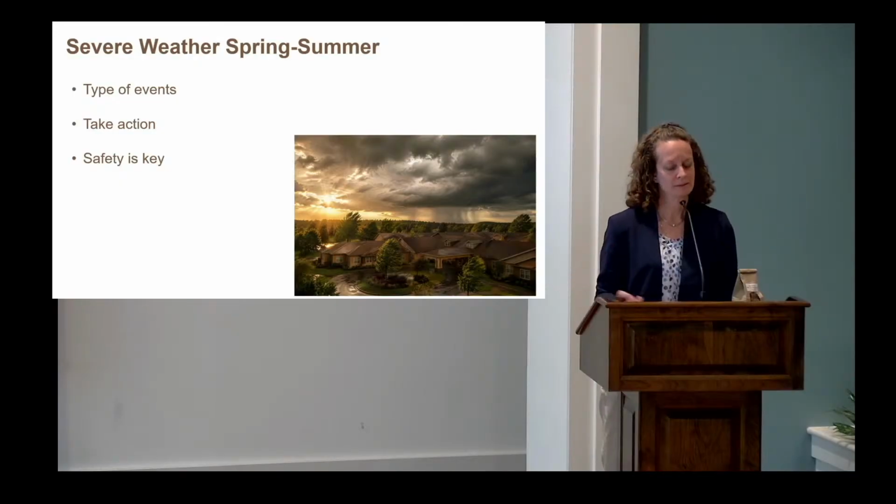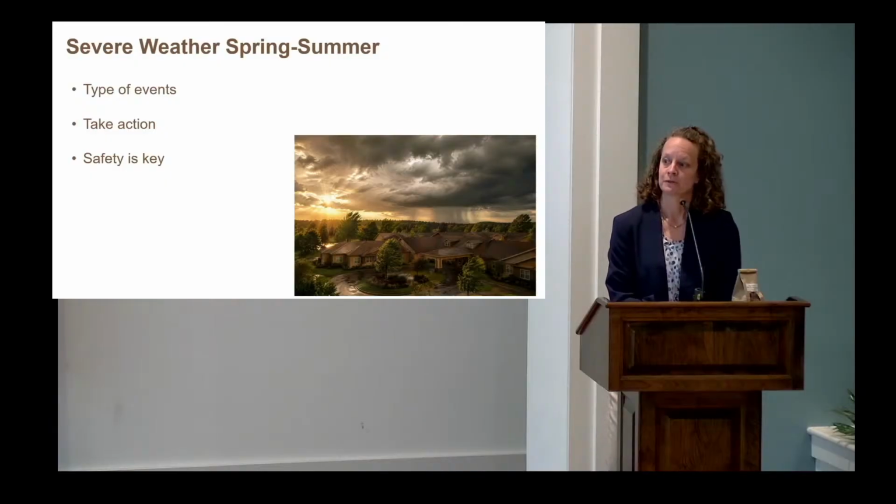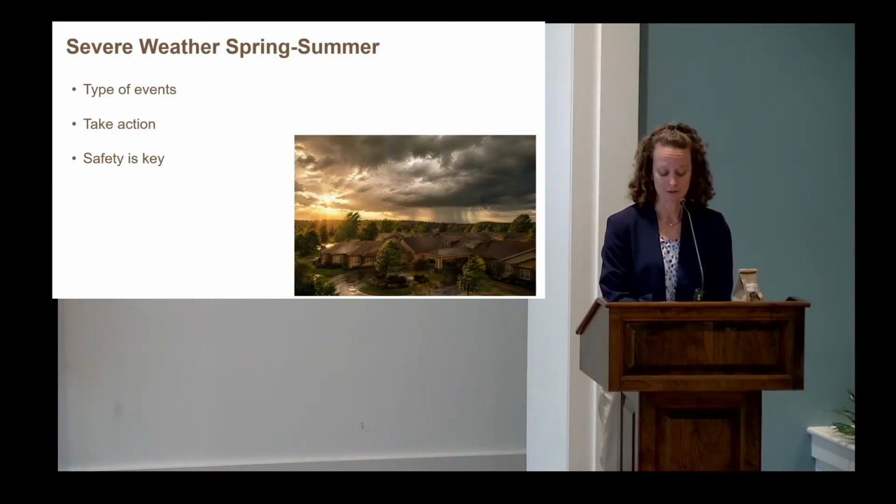Different ways to take action: stay alert and informed, so pay attention to the emergency weather alerts, and they come on your phones now. As soon as your phone starts beeping and making that annoying noise, take a minute and look at it. For those of you that carry Sarah phones, it's going to alert on your Sarah phone. And when you hear that or you see that, you want to go to your supervisor to report to them for direction, and they're going to let you know what steps we need to take and how we need to prioritize our safety and our residents' safety.